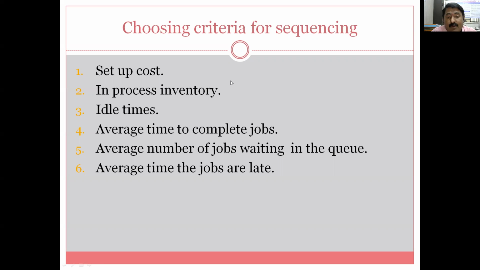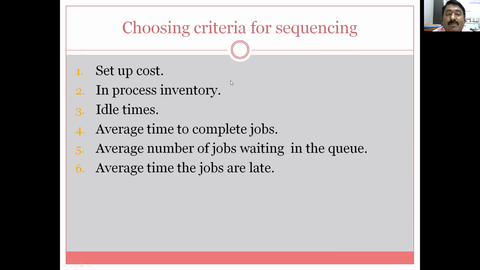Then average number of jobs waiting in the queue. This is also very, very important. Now, if I load one job, the job timing is 10 hours for processing. So if I load such a job on one machine, let us say horizontal boring center, then for the next 10 hours no other job can be loaded on that machine. It indicates the remaining jobs will be in queue for the next 10 hours. So can the job be shifted to any other machine, and jobs having timing like half hour, 1 hour, 20 minutes can be loaded to this machine, etc. It depends. There are many factors.